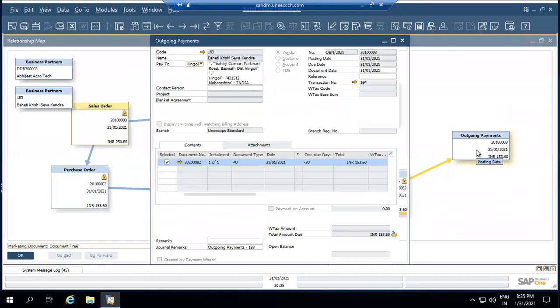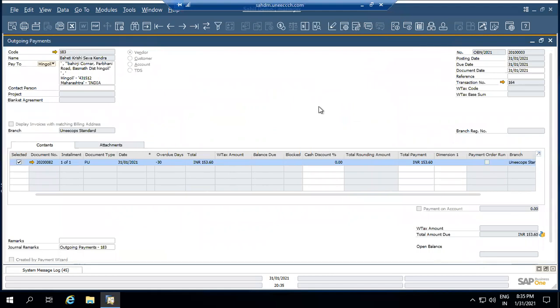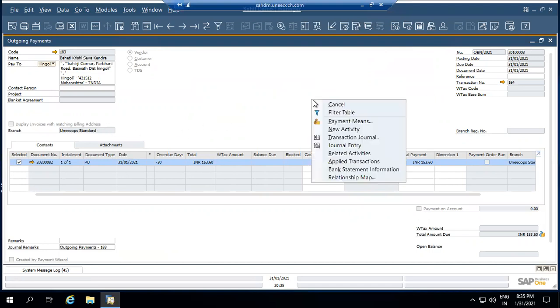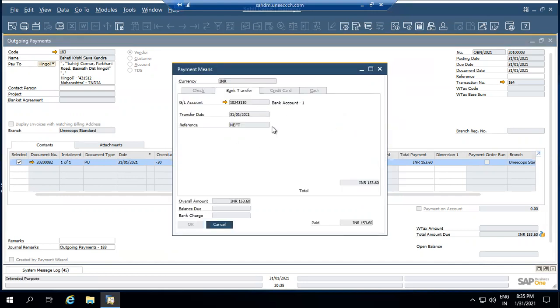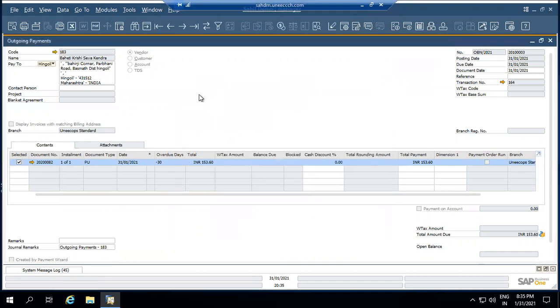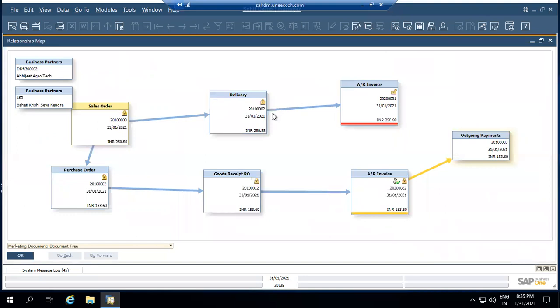And when I am releasing payment to the vendor, there are multiple options. You can also run the payment wizard through which you can release the bulk payment to the multiple vendors. Right now, in this case, I am releasing payment against one invoice and I am using payment method as a bank transfer. So multiple payment means are available like check, credit card, and cash. Also, a bank integration is also possible. So for example, you would like to do a bank integration. So that is again feasible and we can do the API integration with the bank.